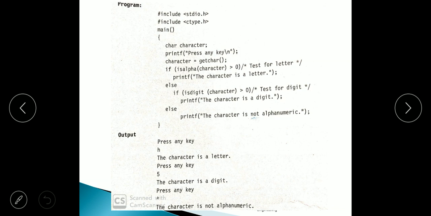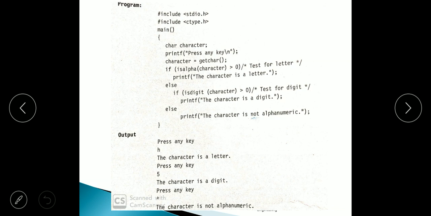First we are declaring a character variable of type char. It means you can give any character, symbol or number as the input. Printf: press any key, because all keys are considered as characters.